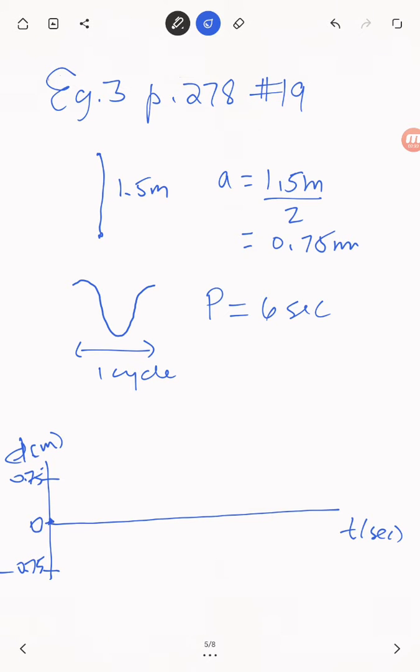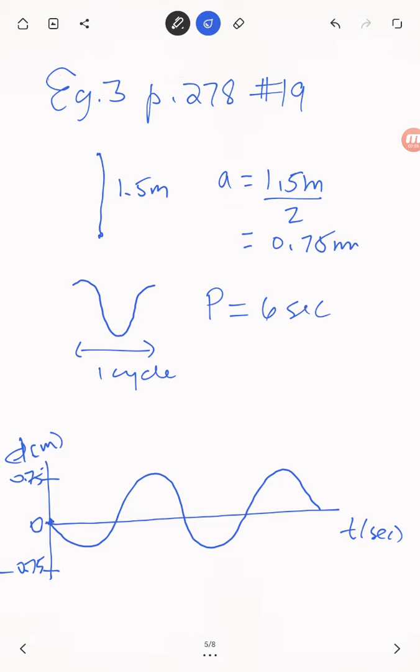It asks us to sketch the graph over 2 cycles. So I'm just going to actually draw the shape of it first. That would be 2 cycles of my graph. And now I'm going to label the